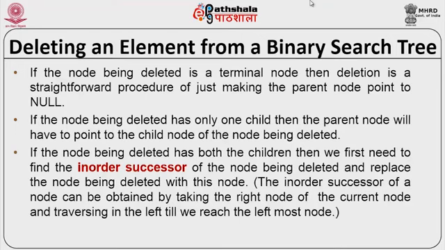and then replace this node by the in-order successor. Now, the property of in-order successor tells me that it can never have a left child. If it had a left child, that would have been the in-order successor. So, it will never have a left child, it can have a right child, need not have a right child. That means, the removing of the in-order successor results in the case of no children, it is a leaf, or one child. So, that is easy to do.